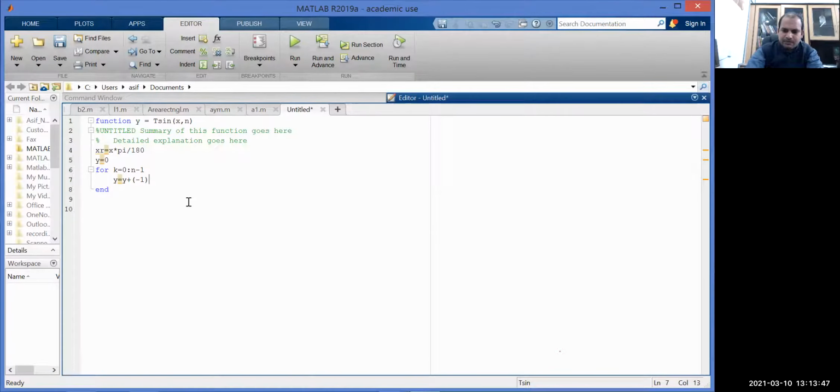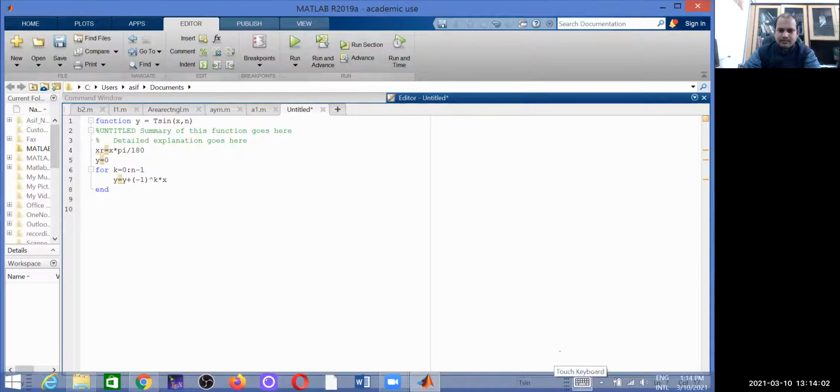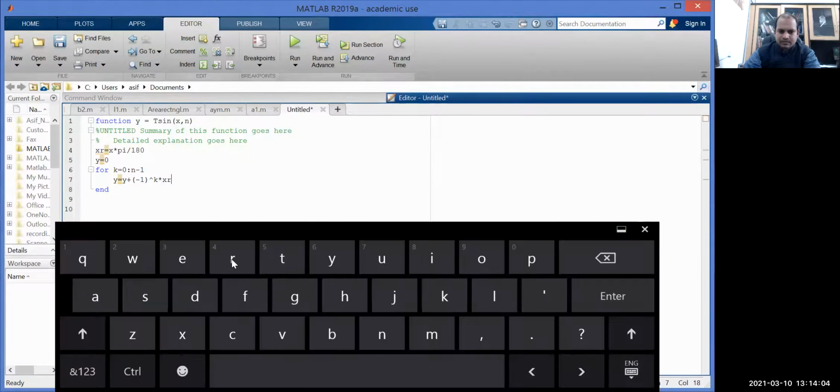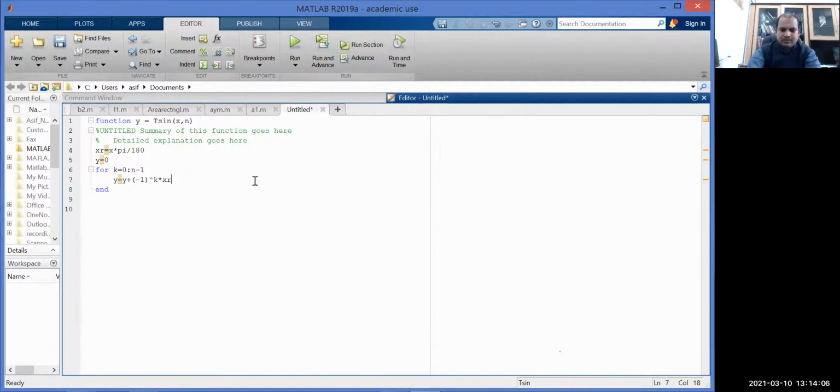Minus 1 to the power k, star xr to the power 2 star k plus 1.